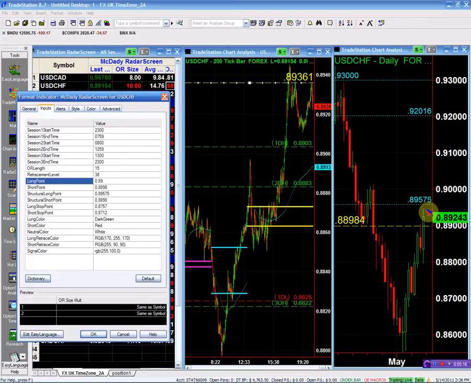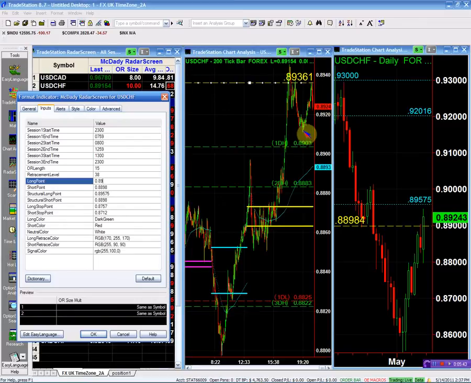So it would be a safe bet to buy it above the 89.36, and you want to see how it deals when it goes above the 89.57. If we are going to buy it at 89.36, we're going to place our stop right here below this